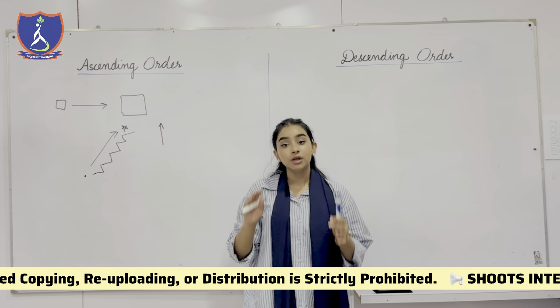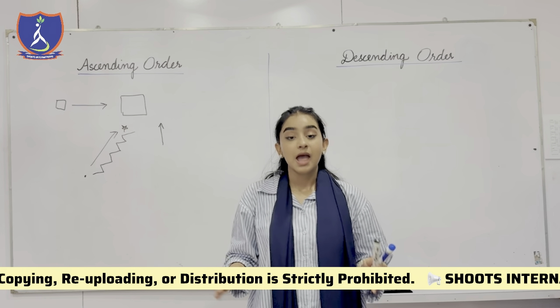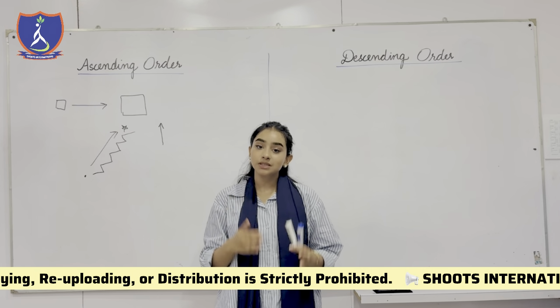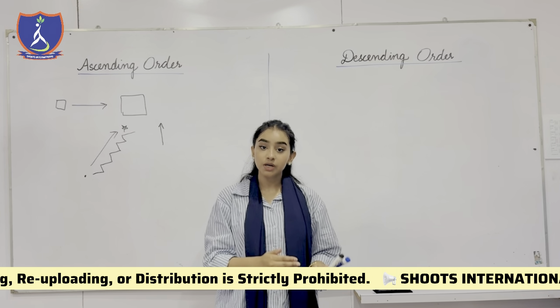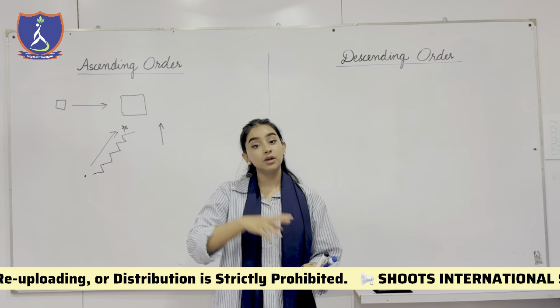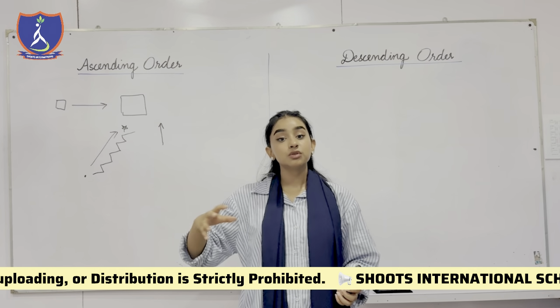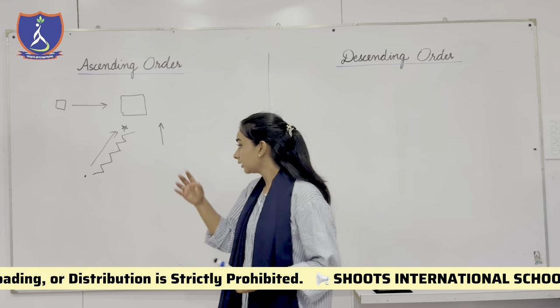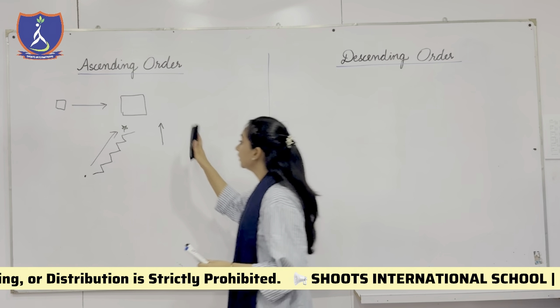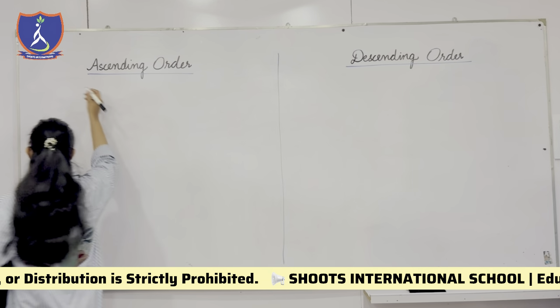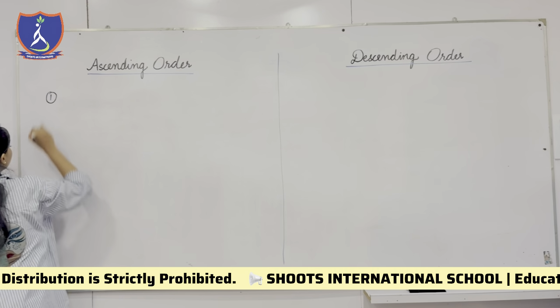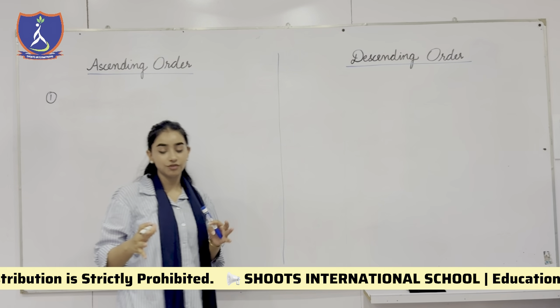In this game, you are given many numbers, and what you have to do is start by finding the smallest, the least number, and you will end up at the greatest, the highest number. Come on, let's find some of the numbers. We are going to take a few numbers from the same family.